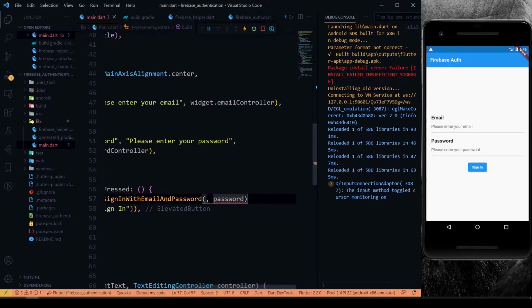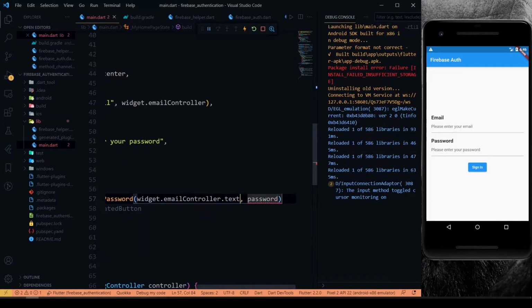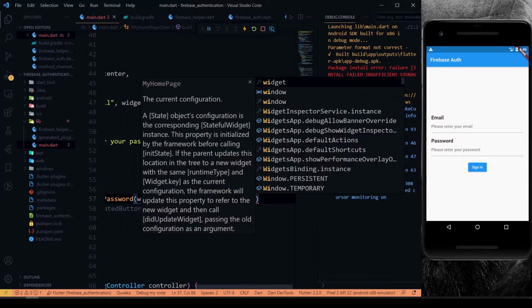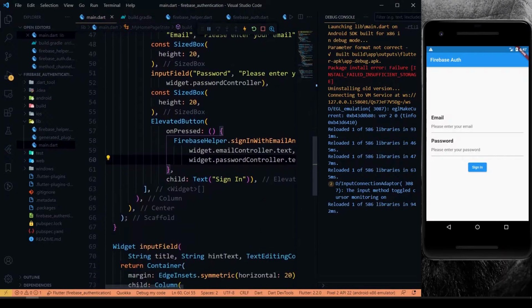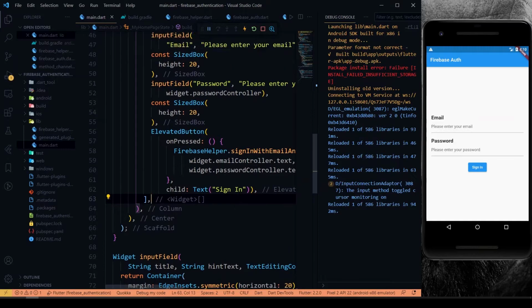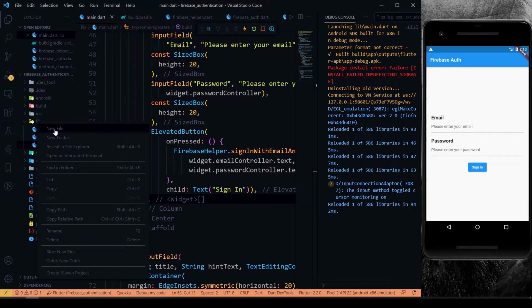So inside this, our email controller text, and as well as for our password.